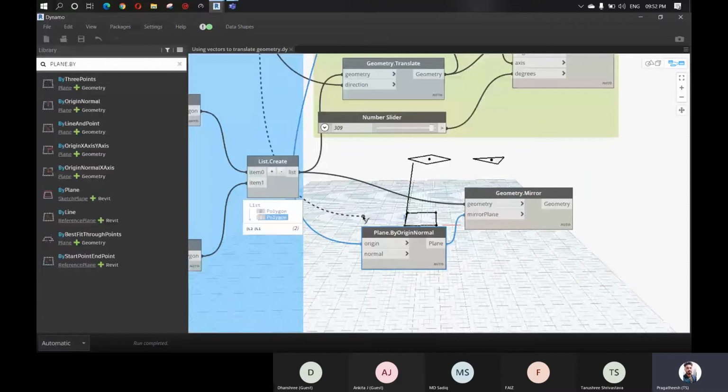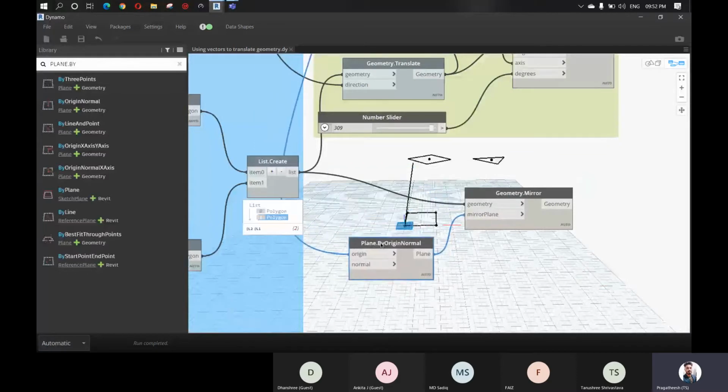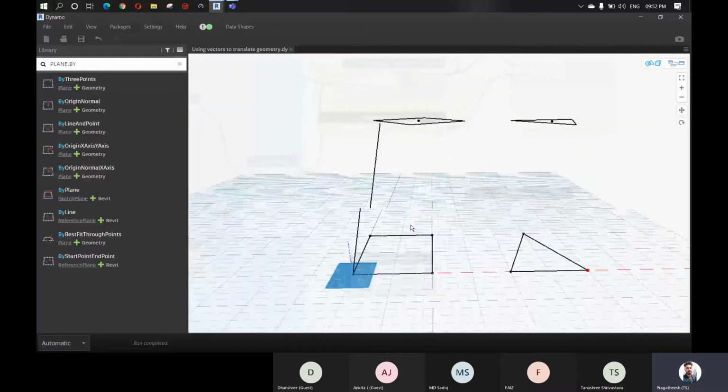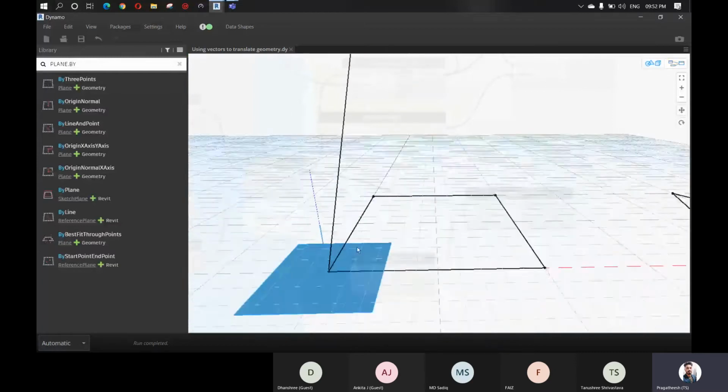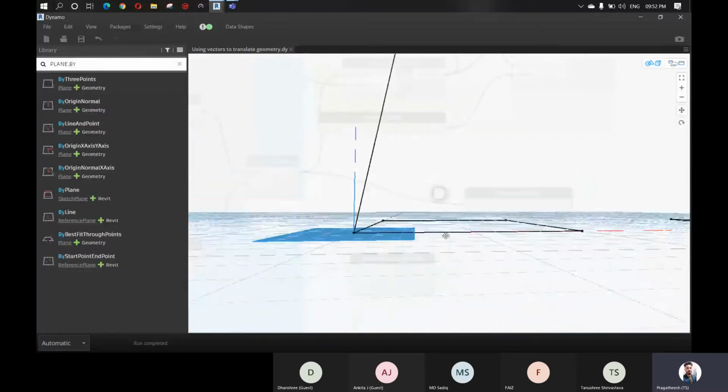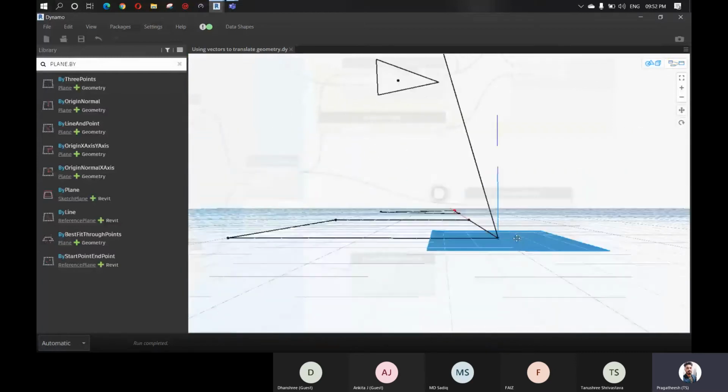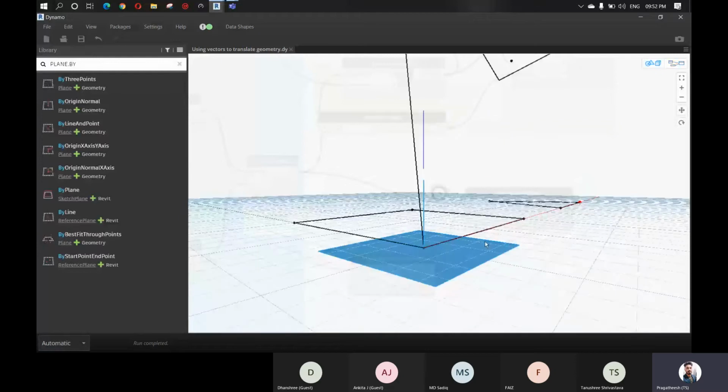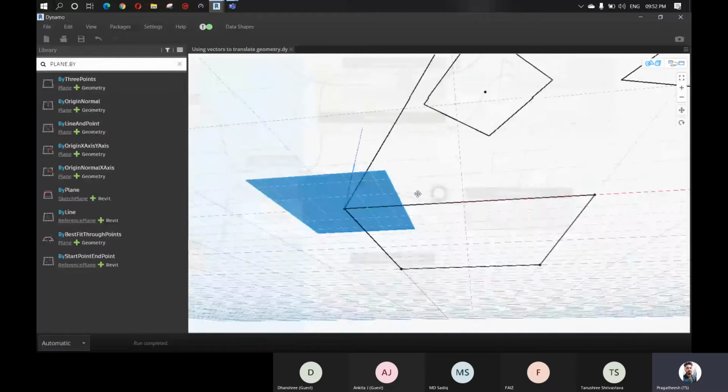So when I cut this, what you're seeing here in the background is just a plane in the x-axis, right? The x-axis just creates a plane in the x-plane. So these are x-plane. Okay.